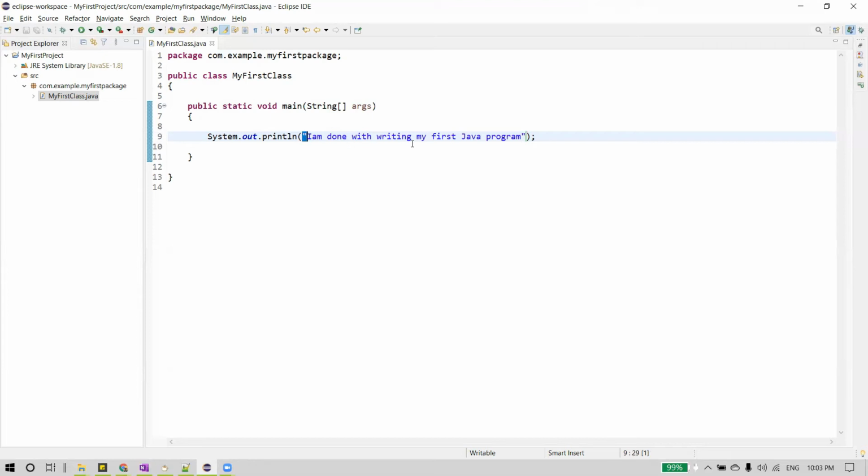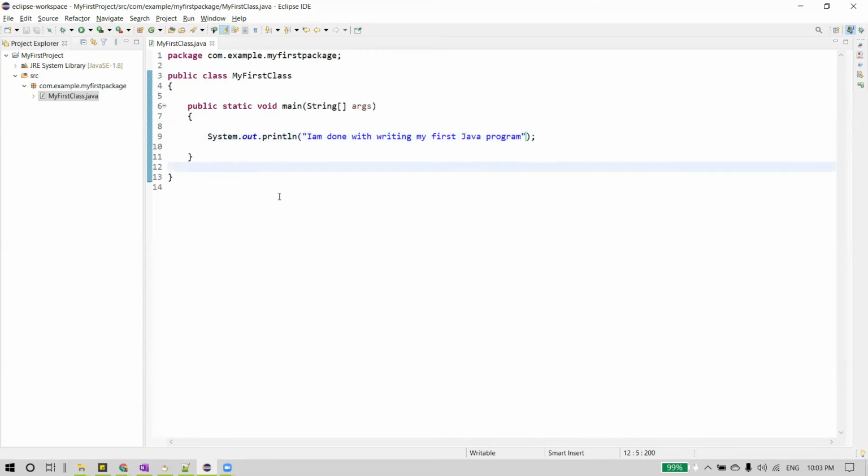And remember, whenever you're writing some text, we call it a string in Java. Any text, a sequence of characters, should be enclosed in double quotes whenever you want to display it on the console. And you have to follow this syntax again, System.out.println. We'll discuss the meaning of this in detail in the coming sessions. And remember, each statement in Java is terminated by a delimiter, the semicolon. You can see it here. This is all one statement, and to indicate that this is the end of the statement, we use the semicolon as the delimiter.